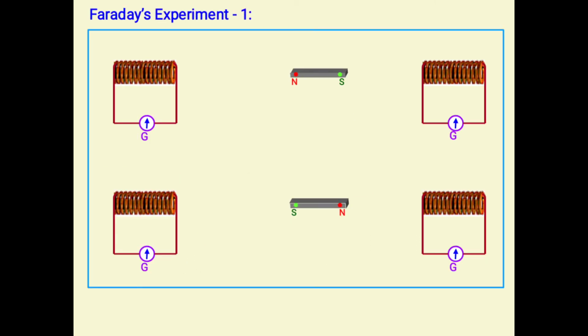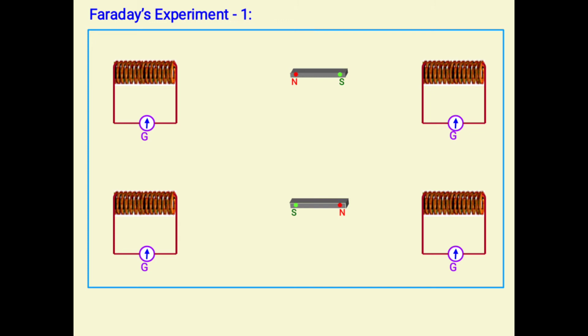Now let us talk about Faraday's experiment, and this is the building block of the AC generator and other related terms. The experiment is very much clear. We have already discussed it in 10th standard also. There are coils and magnets. There is the first coil, and the north pole of the magnet is moved towards the left coil. You have to see what happens in the galvanometer.